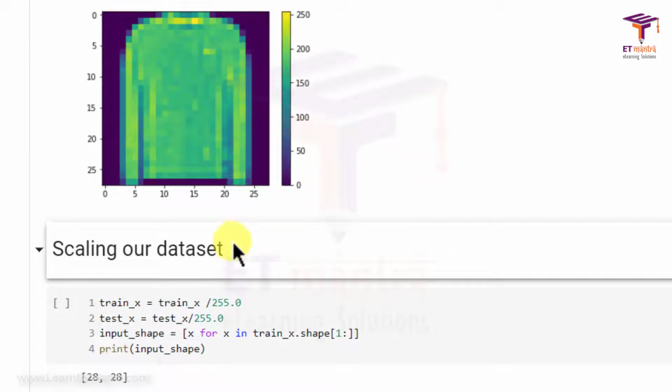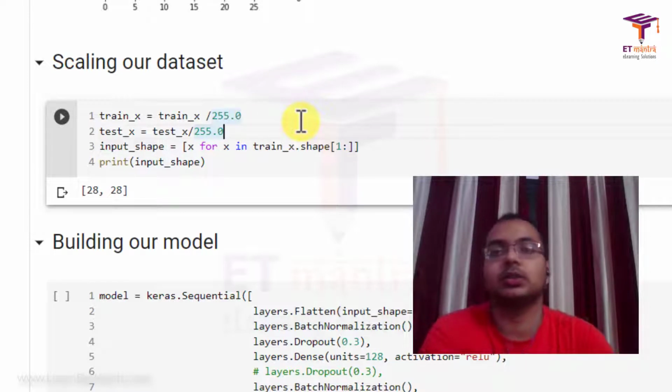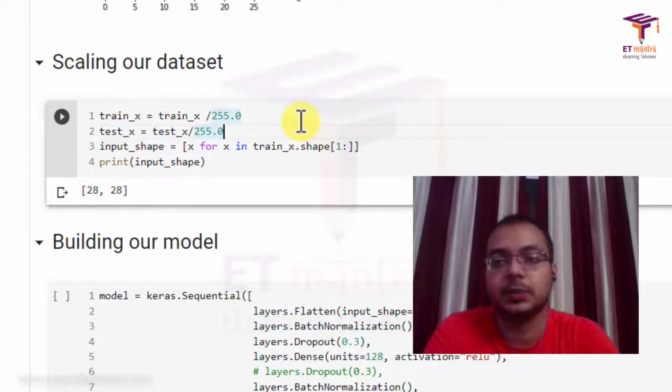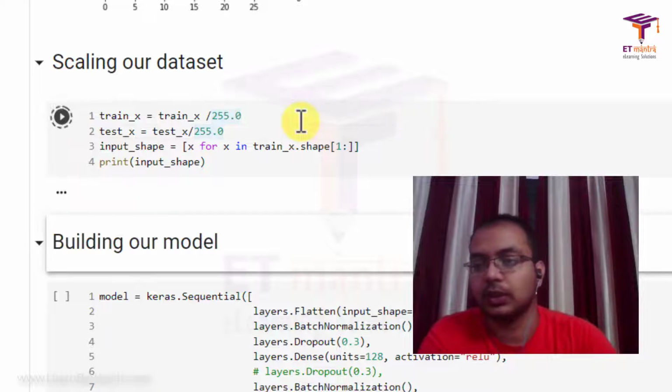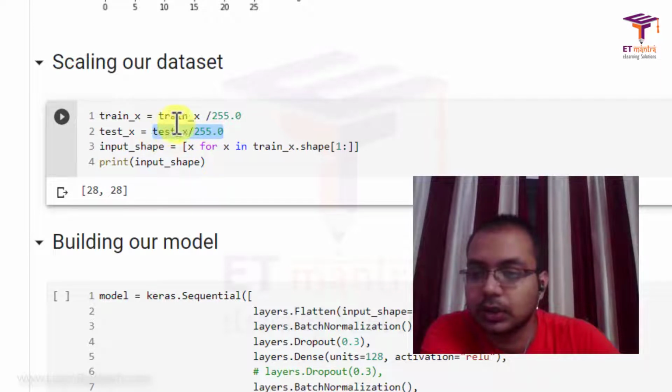Okay, next we'll scale the dataset. Since you know that our dataset contains pixels ranging from 0 to 255, representing each pixel in the image, it is better if we divide all of those by 255. So I have done exactly that. Trainx I have divided by 255, and testx also I have divided all of the inputs by 255.